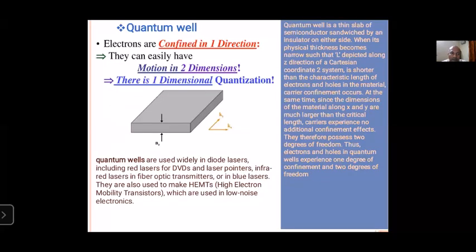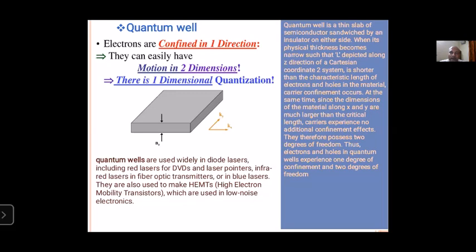Now I'm talking about the quantum well. A quantum well is a semiconductor structure manufactured by sandwiching two materials. It is a thin slab of a semiconductor sandwiched by an insulator on either side, when its physical thickness is narrow, such that L, depicted here along the Z direction of a Cartesian coordinate system, is shorter